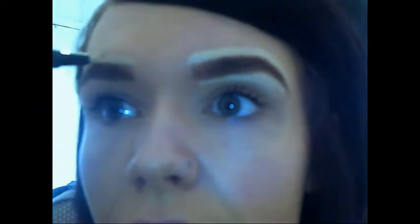Do the same on this side, because as you can see here, I've gone up a little bit, so I'm going to just take that concealer and cover up where I've made that little mistake, if you can see that. See, so now, no mistake. And then take it down the arch, like that. Exactly the same underneath